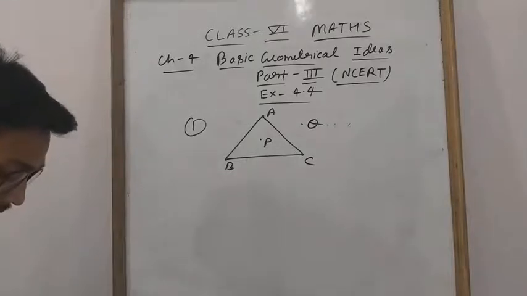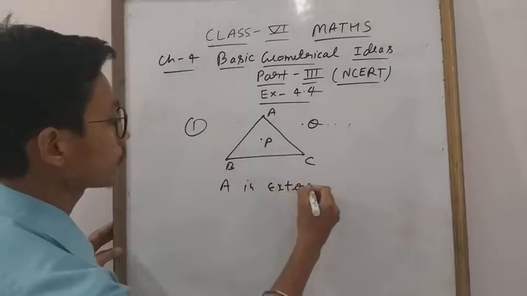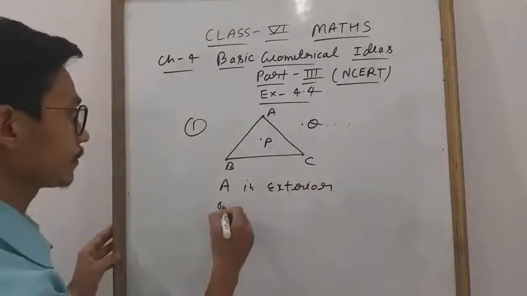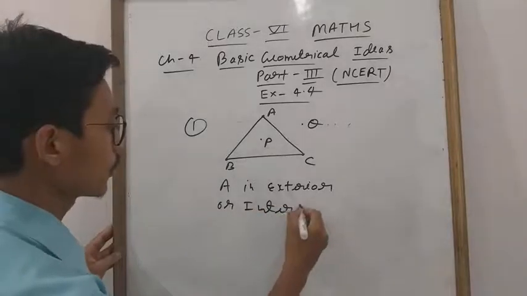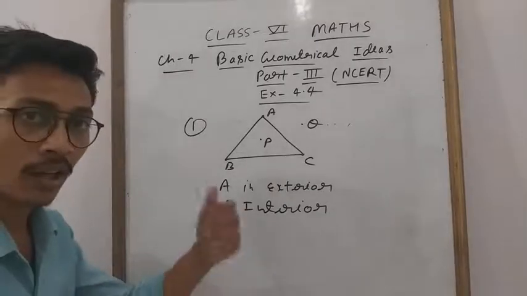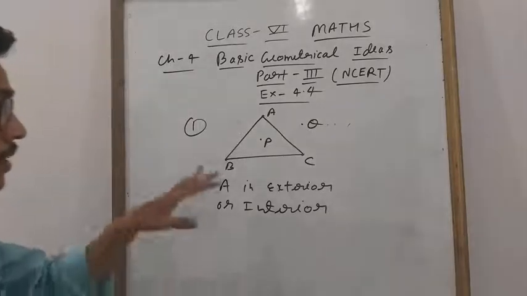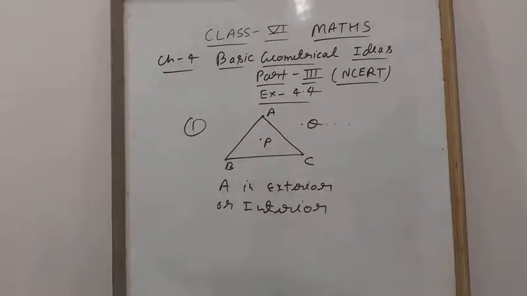Next is given. Is the point A in exterior or interior? Tell me everyone. A interior or exterior? So you will say A is neither interior nor exterior. Why? A is lying on the what? On the triangle. Clear? If anyone asks you whether A is interior or exterior, what you will say, student? You will say A is neither interior nor exterior. A is lying on the angle. This is very easy. I think now you are able to understand. Clear everyone? So A you will give the answer.